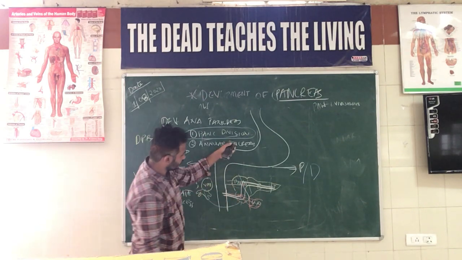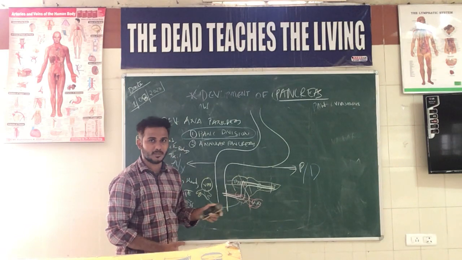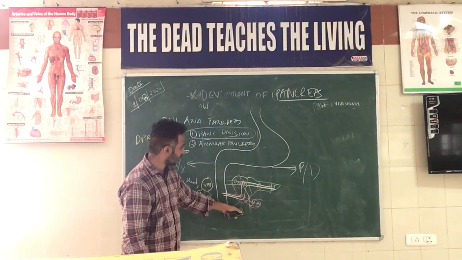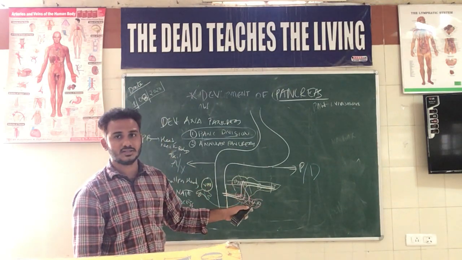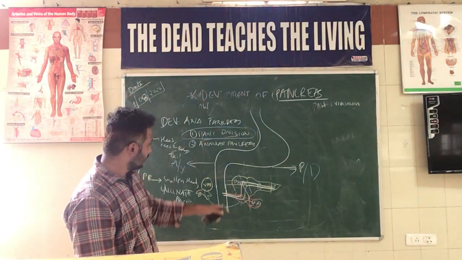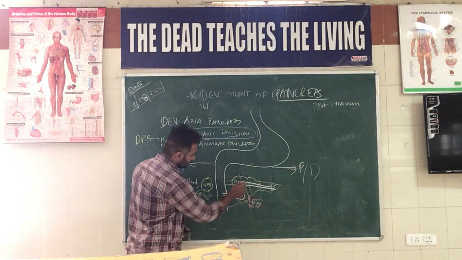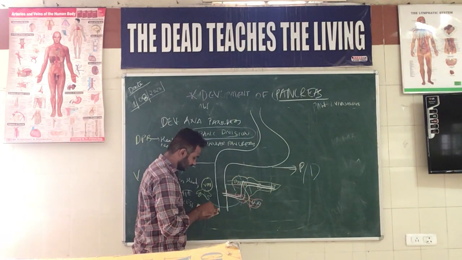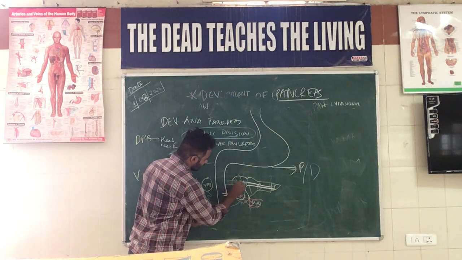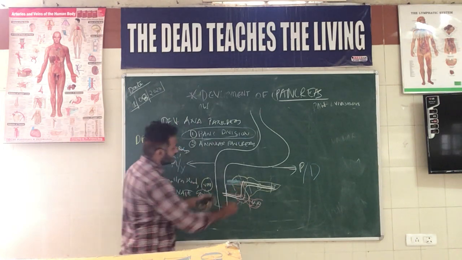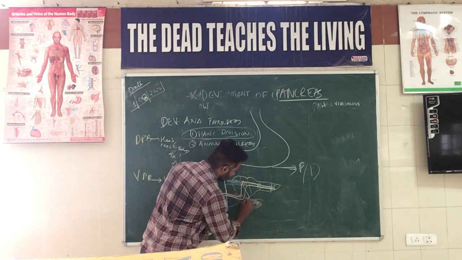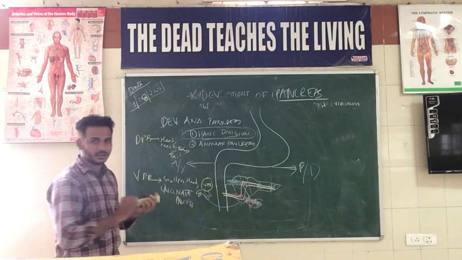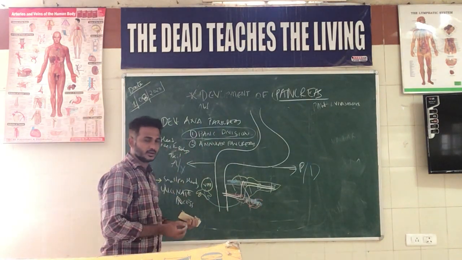So after fusion of both pancreatic masses which are emerging from both the dorsal and ventral pancreatic bud, the main pancreatic duct, which is also called the duct of Wirsung, will be formed in such a way that this particular part will become obliterated. This will not be there anymore. This particular part of the dorsal pancreatic duct will not be there anymore, and this particular part of the ventral pancreatic duct will not be there anymore. Those things will be obliterated.